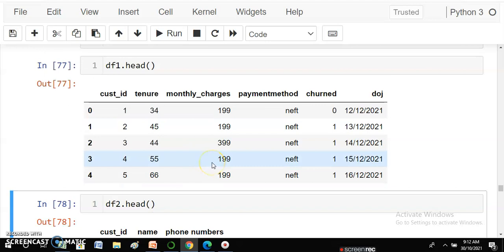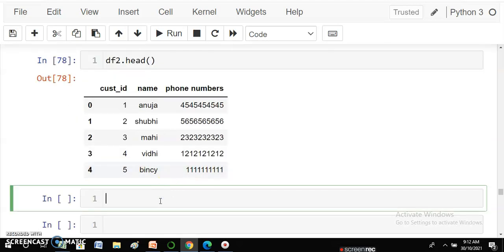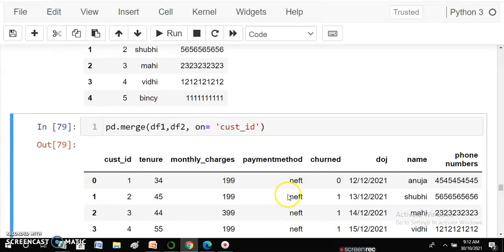Now let's see how we can join both the files. Yes, it is very simple. What we will do is we will just call the merge function of the Pandas library and I am passing the two files. I have to give the column name. So this is my customer ID. So these are my two files and I'm joining them on the column cust ID. So wherever there is a match of customer ID, the values for that particular customer ID will be picked from the second file and those will be added over here.